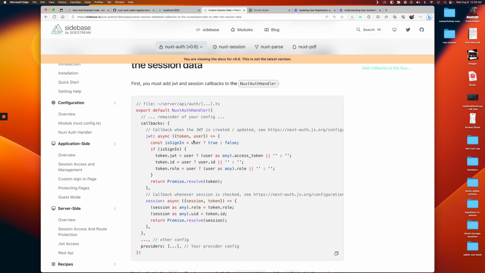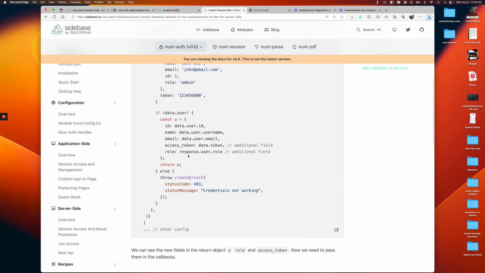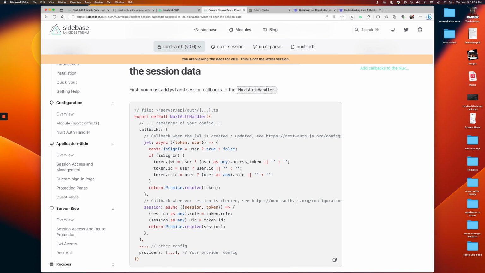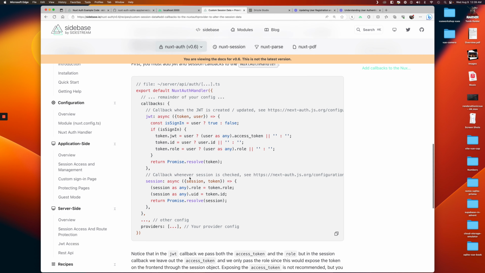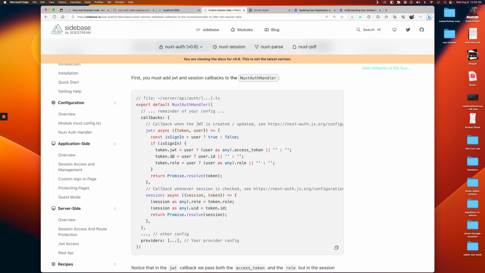Okay, so it looks like what they're doing here in the documentation is that they're passing the additional information in the token. So they're getting the user role and this data access token. They're returning them. And then what you have here, when the web token is created, you have the user object. So the trick is we need to pass any information that we want from the user object to the token and then pull it off the token here inside this session. So let's add the additional information that we need to the token and then pull it off the token down here at the bottom. Let's copy this JWT as one of our callbacks